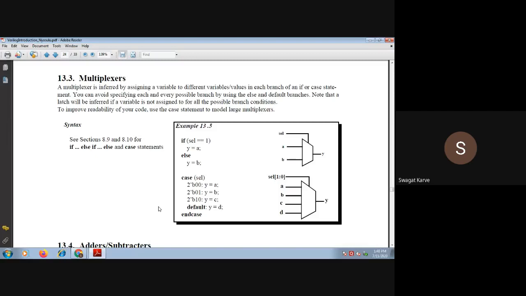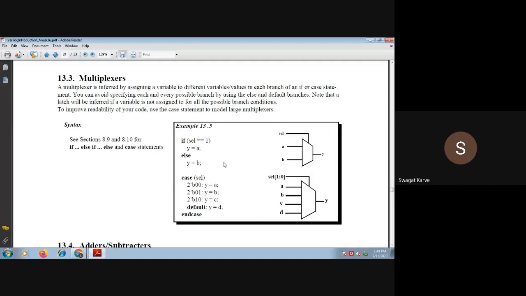So if select is equal to 1, that means this select line is equal to 1, then y will get A, else y will get B, right? So with the help of this select if else, you can program the multiplexer.